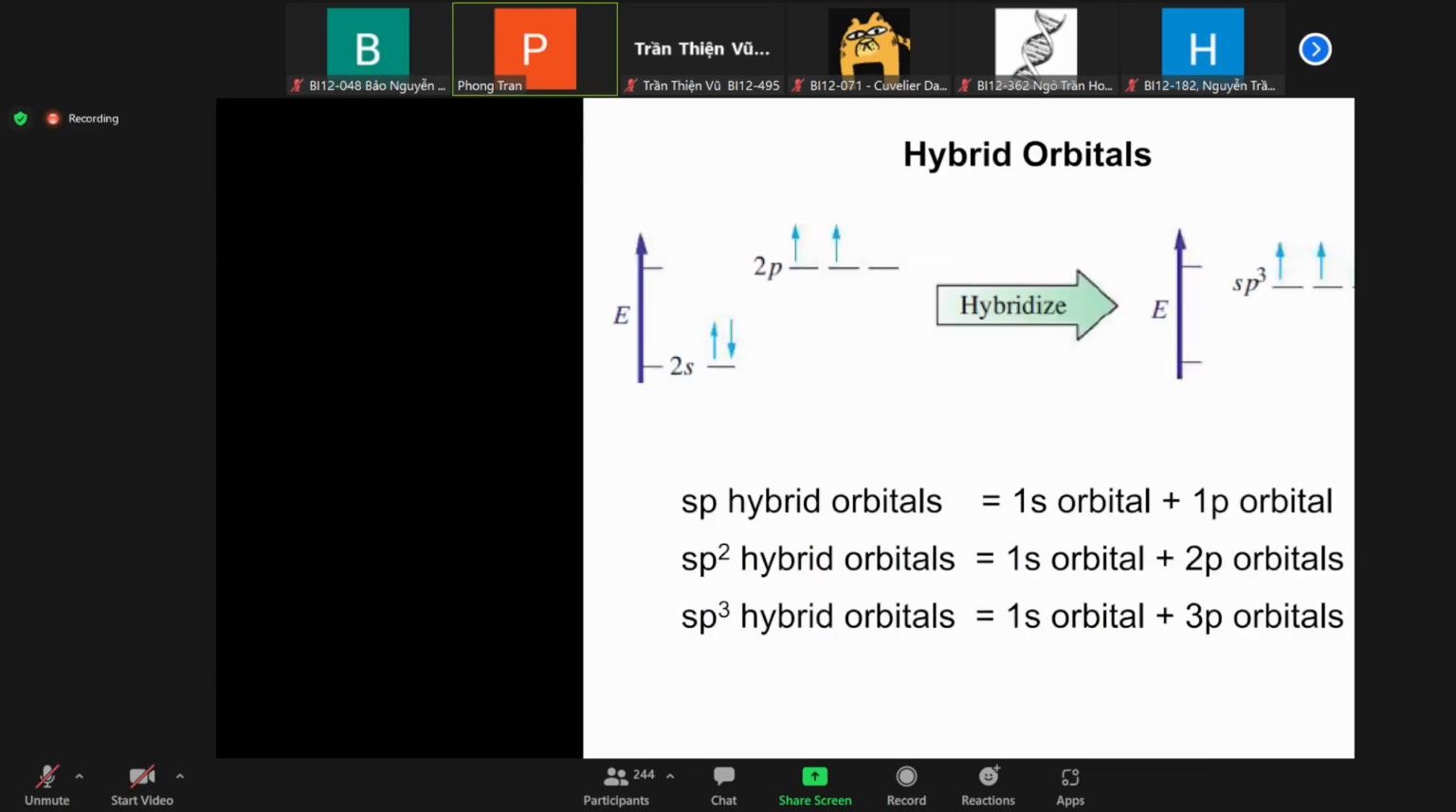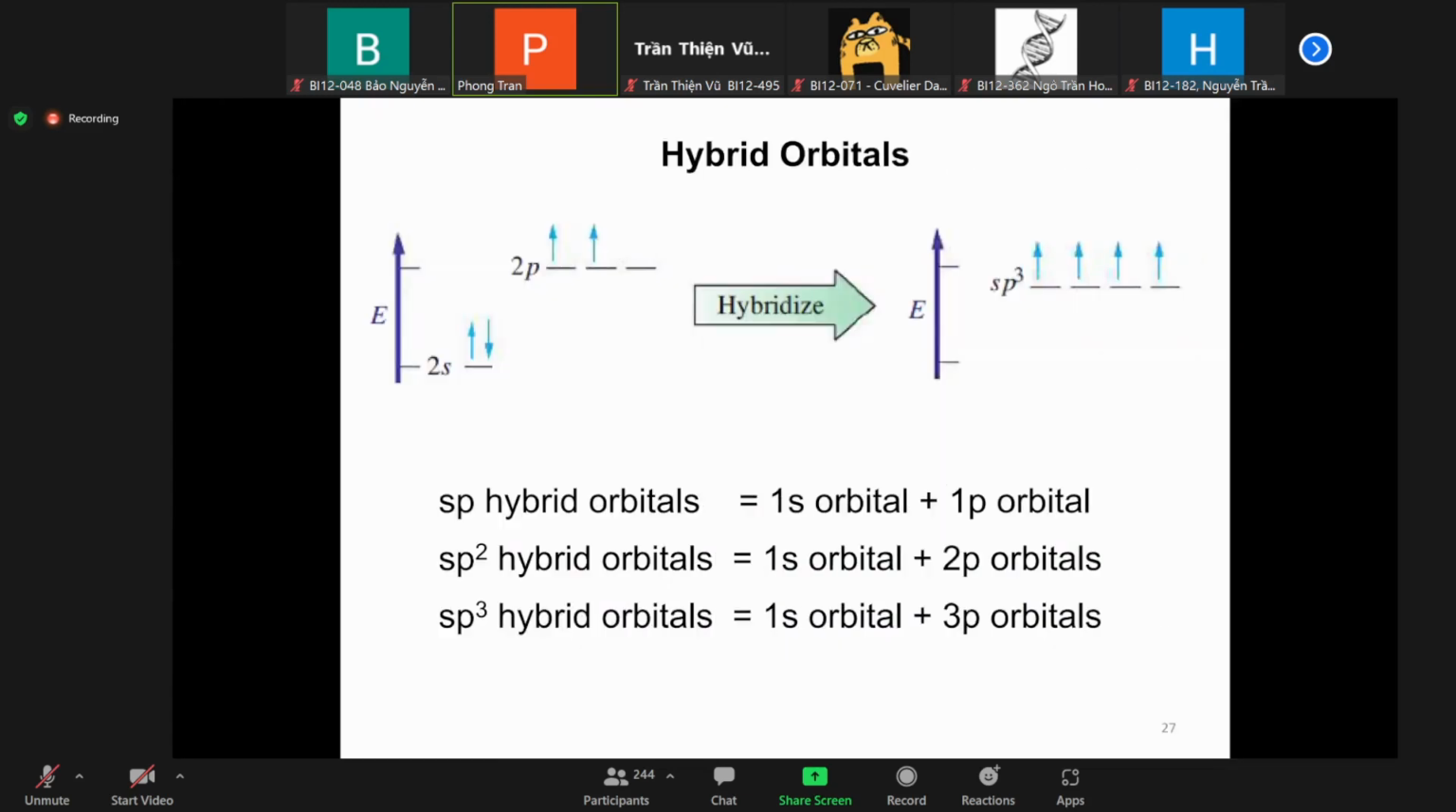You can have a different mixture, a combination of orbital s and p. So we talk about the case when you have one s orbital and one p orbital. You can also have the combination of one s orbital with two p orbitals. You can have also one s orbital with three p orbitals. In terms of energy, the s orbital has a lower energy than the p orbital. So when you recombine, the hybrid orbital will have energy